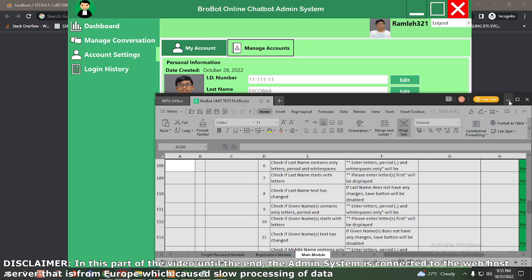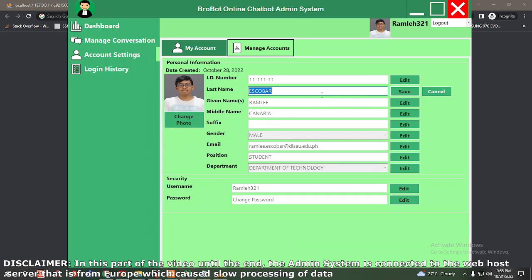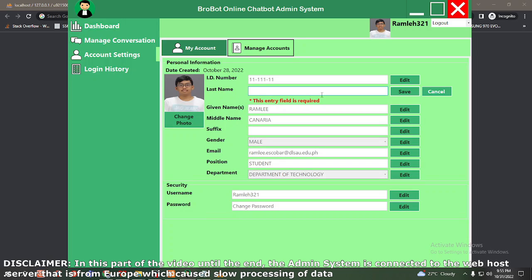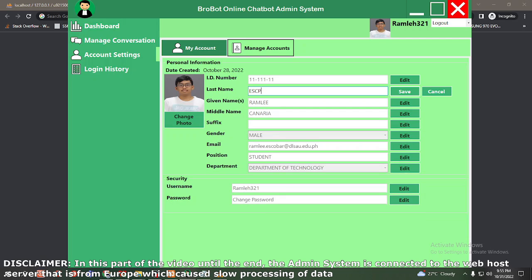So let's see if I do it. So let's see if I remove here. If I type numbers or characters, boom, that confirms the 6th step. First one, if I click a space, it says please enter letters first. And that's for the 3rd one. For the last name, it doesn't show this save button, but if I go like this, it enables the save